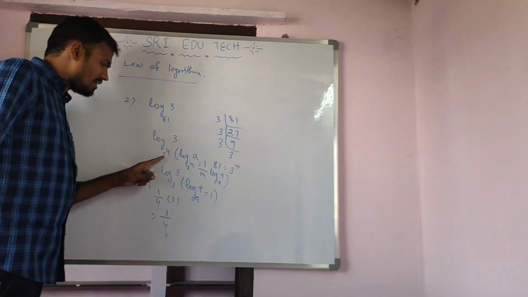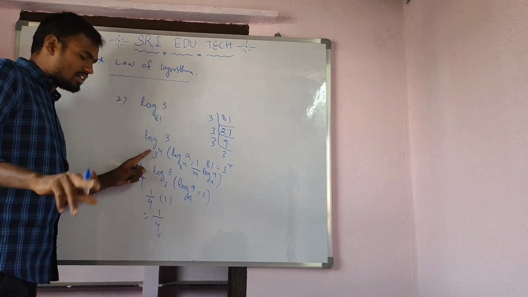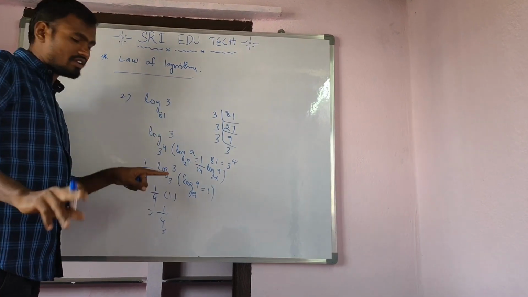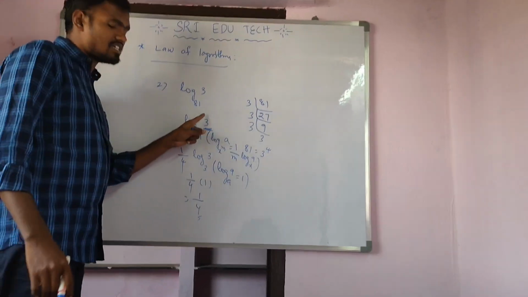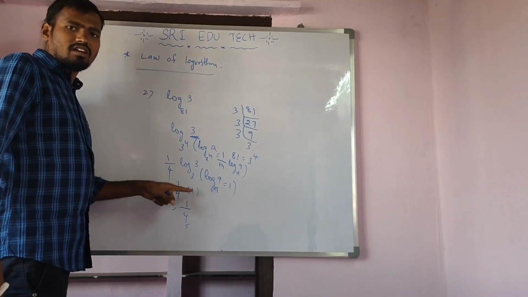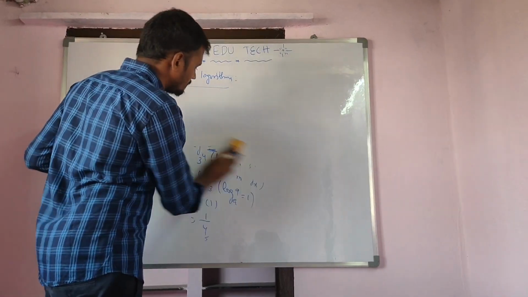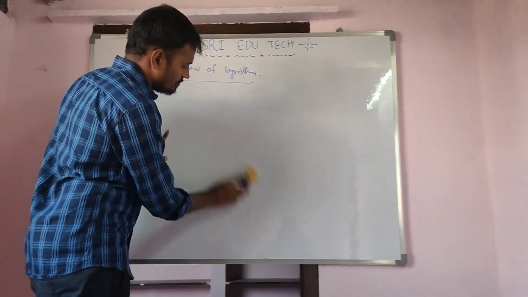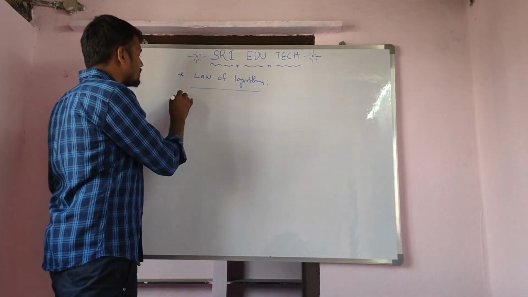See here also the same. Whenever the base has a power, then the power is the answer in fraction form. This is the number we have to take as power, and that is the power answer. Right? Next, last one. See here, it is very easy and it is 2 marks important.